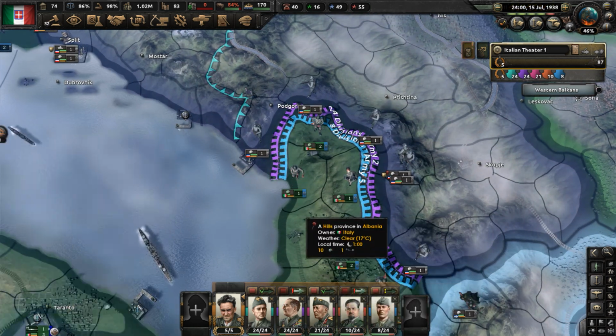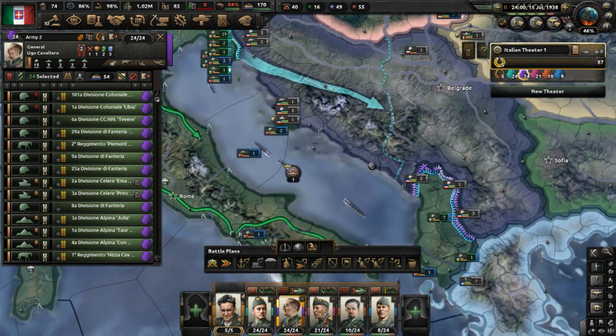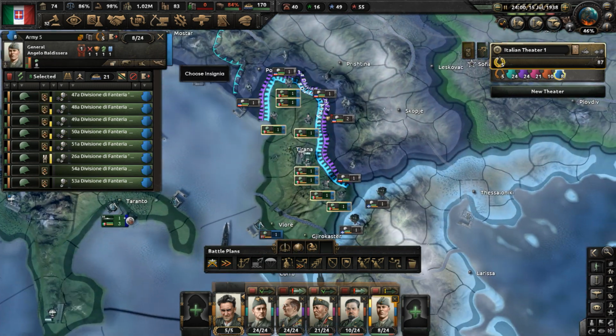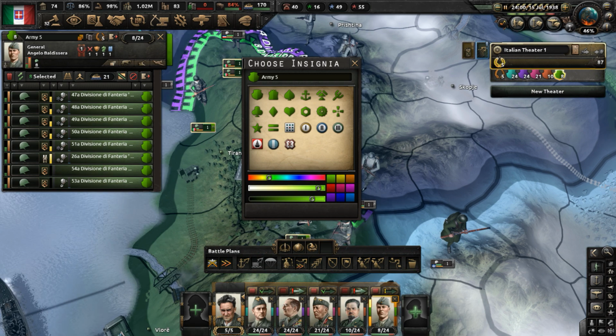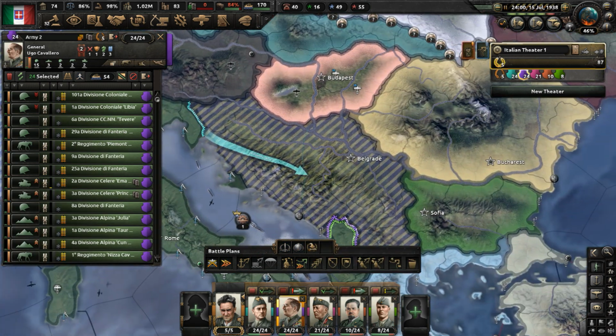And let's set up these divisions here to push into... How's that army doing? What's that? Okay, yeah, they're moving down there. Let's give these guys a different color for their army so we don't confuse them, give them green. Okay, so this second army is going to be in position to push into Yugoslavia from the south,